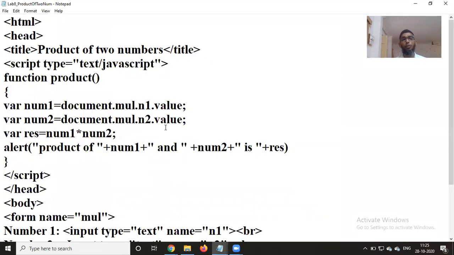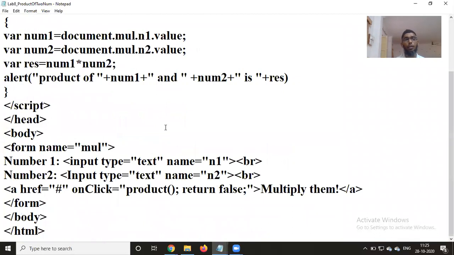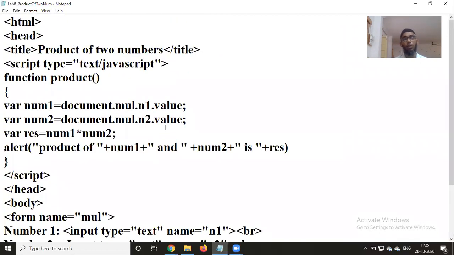Okay, next is the next program, which will demonstrate how to access the contents of a form and how to use them in JavaScript. I told you in HTML also we have certain form elements which can be used to create forms. We have the text boxes, check boxes, radio buttons, drop-down list, etc. And also the buttons which can be pressed.